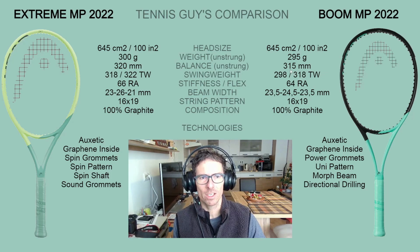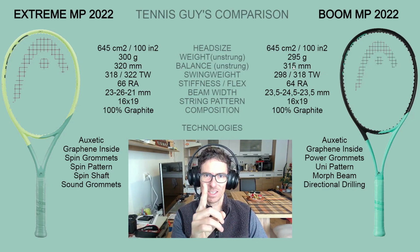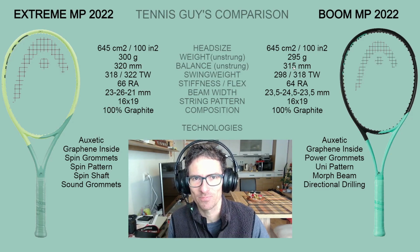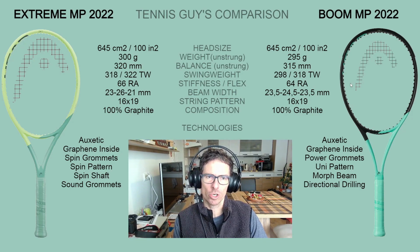Usually the 315 millimeter balance is for rackets over 305 gram, like 310, 320, 330, and so on. So this is a very hand heavy racket for nice maneuverability. Yeah, the first maneuverability racket in 2023, guys, is here, and I need to say it is super easy to play with the Boom MP, and I recommend it for women, especially for juniors, for weaker men that are learning tennis,